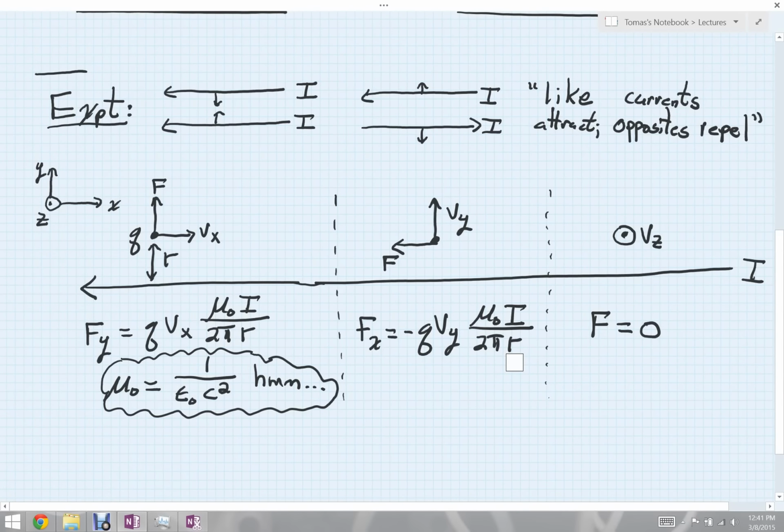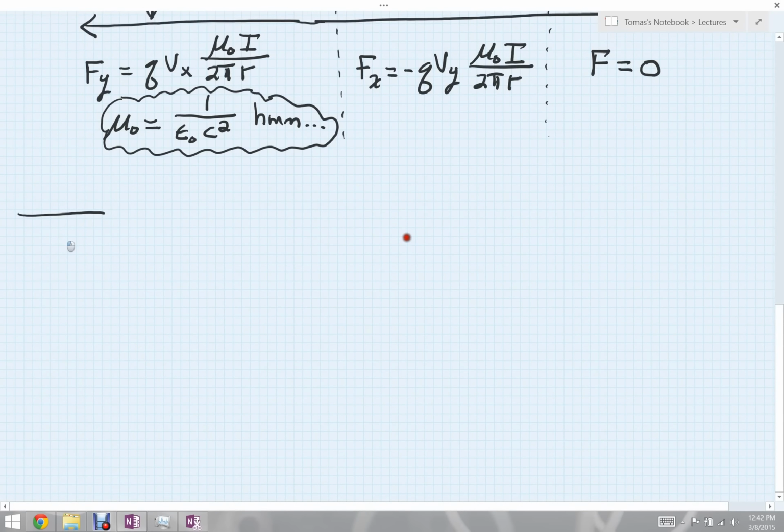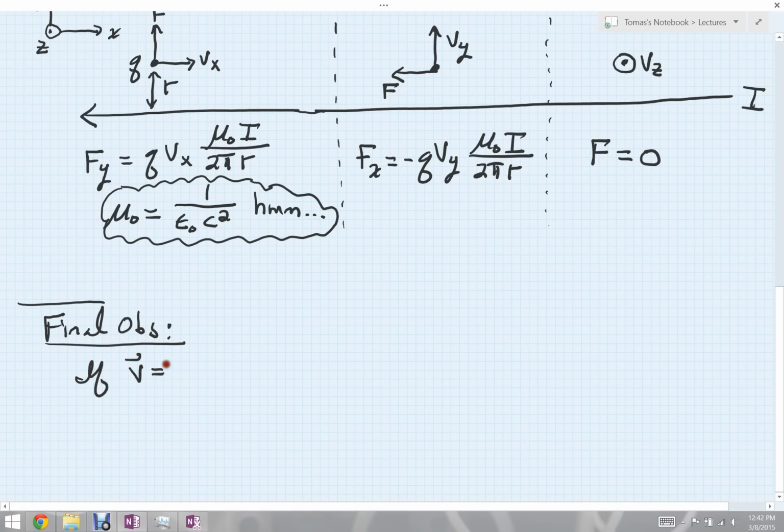To turn these observations into a physical law, I want to try to combine them together. I can do that very neatly with one final observation, which is: what happens if my velocity just happens not to be exactly along x, y, or z? My final observation, which can be derived relativistically or measured in experiments, either way you want to do that, is that if you're not moving directly along one of the coordinate directions, but your velocity actually